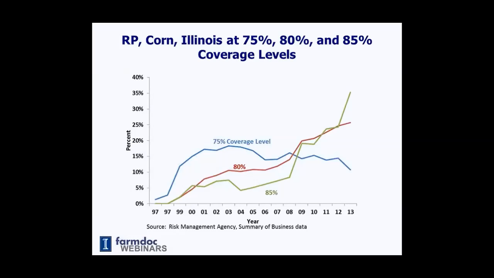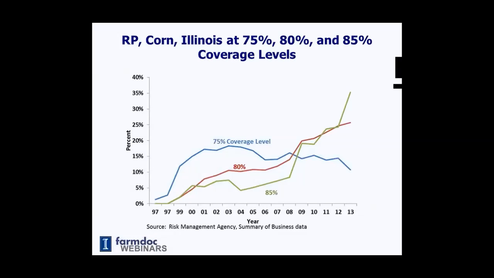So this is revenue protection. Prior to the introduction of RP, we're using CRC and RA as a gauge of the coverage levels. So RP hasn't existed over this entire time period. But as you can see here,